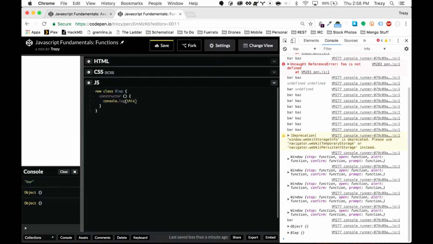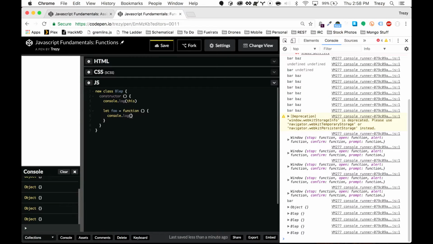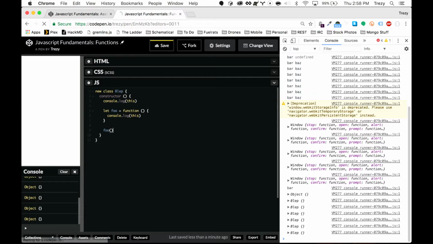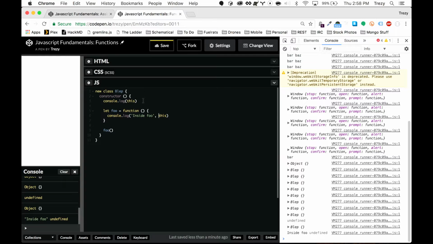So it's class. If we say let foo equal function, and inside of that function we console.log this. And then we say foo. What do we get? Aha! Undefined. Okay, now we're where I expect it to be. Let's see. Inside foo. Okay, great. So up here we're console logging this, which is the class. But down here we're logging from inside the function. And it's actually returning undefined for this. That's because the function has its own scope, which is isolated from the surrounding scope, which in this case is